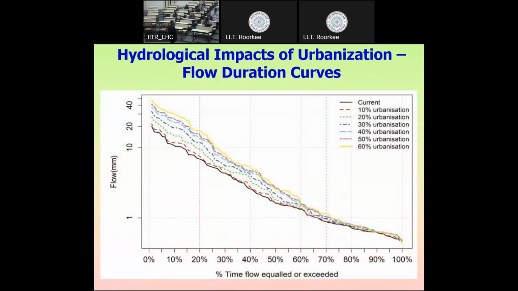So there are two ways to represent discharge in a river. One is hydrograph, which we have seen just now, that you have a curve of time versus discharge, and that is called a hydrograph. Okay. So एक तरीका तो ये है, and we have this type of curve. Another is what you see on the screen here. These are called flow duration curves. So here y-axis तो अभी भी flow है, but x-axis is now percentage of time.